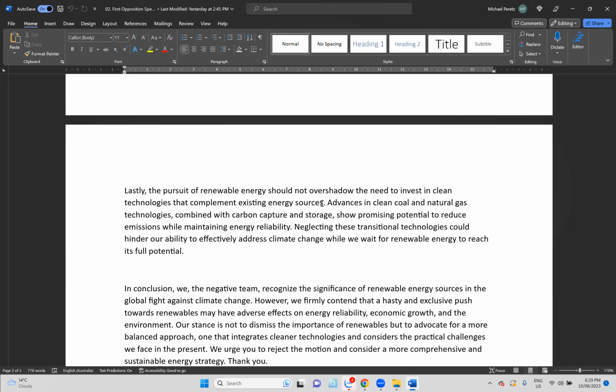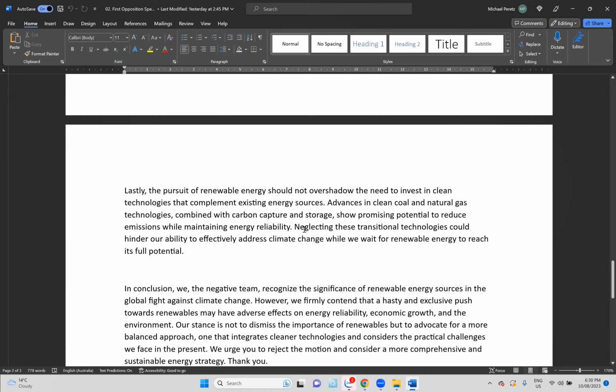The main argument being made here is that the proposition team is saying, okay, we need to just do this now, drop the old system, go straight to this green system. And the opposition is saying, but we have solutions that can work a lot better because they can work with the current energy system. So we're not going to put people out of jobs. We're not going to risk power outages and blackouts and all of those things. There's a way to do this safely and smartly.